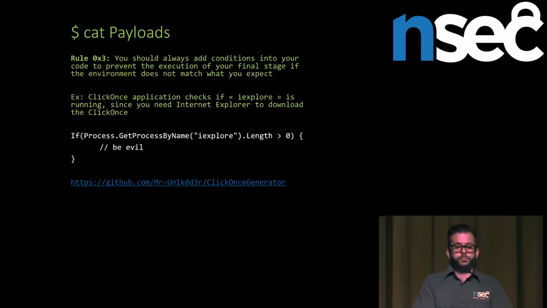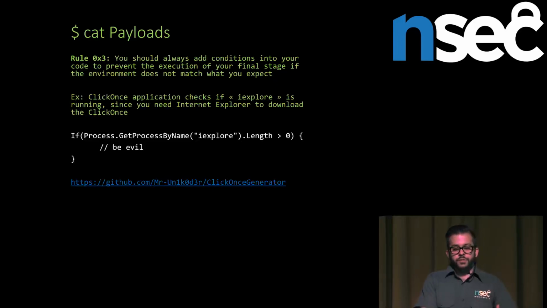You should always put a condition in your code to evade sandbox. You never know. Maybe even if your OSINT didn't reveal any specific security product, just do it. It costs nothing and it may save your life. Perfect example: when I use ClickOnce, the way that ClickOnce works, at the end of the day, it's just an executable, but Microsoft came up with a super cool, user-friendly way of delivering them through Internet Explorer. So you click on the link and you have this super cool, fancy setup that just starts, so people feel like, I guess it's more safe that way, right, for whatever reason.